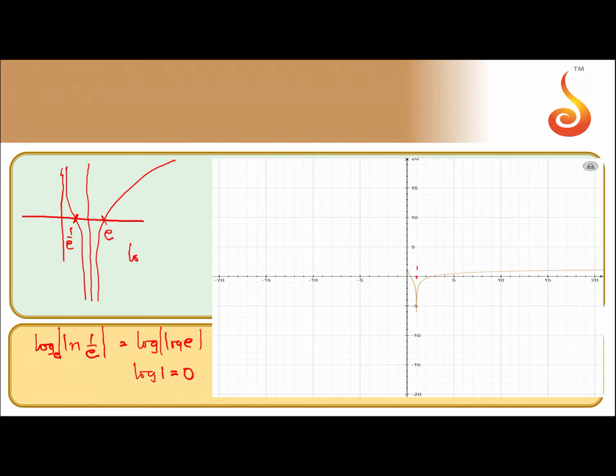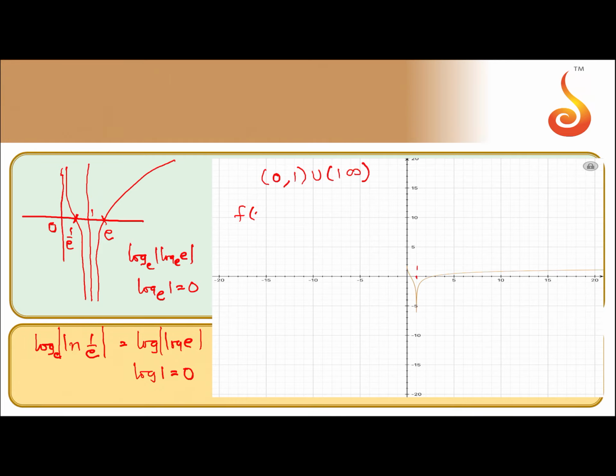Same as e. So log base e modulus of log base e e will give you log base e 1, which is again 0. So it will have negative values whenever x lies between 0 to 1 by e positive values, 1 by e to 1 negative values, 1 to e again negative values will be there. I'll write clearly. So domain will be (0, 1) union (1, infinity).